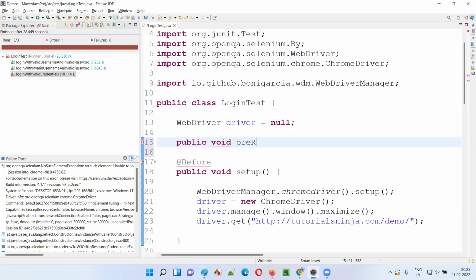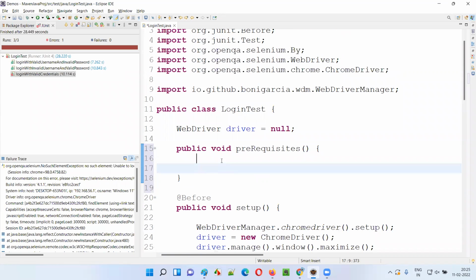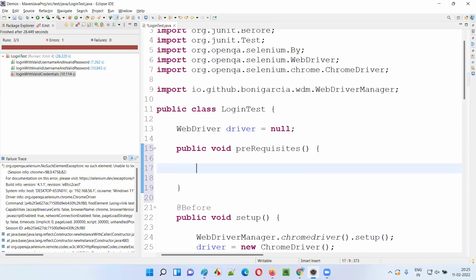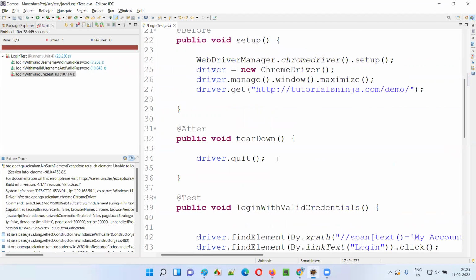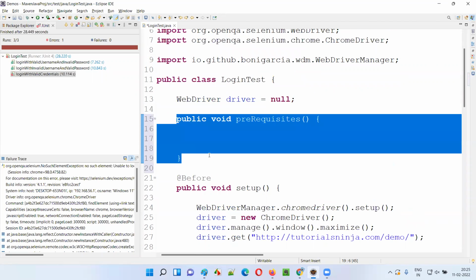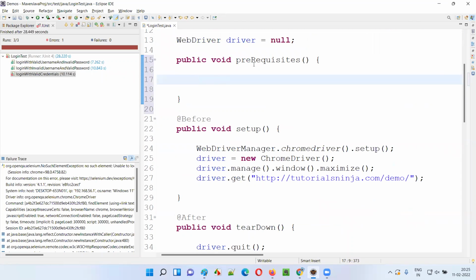We can give something like prerequisites. Prerequisites are connections. Sometimes what happens is for some automation scripts to run, some prerequisites will be there, some connections need to happen, some connection settings should happen. So something should be done before actually any of these unit tests run. This should run only one time, before all these three unit tests. In that case, we have to use